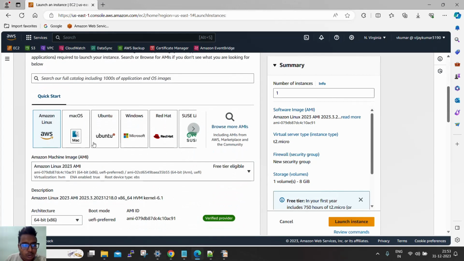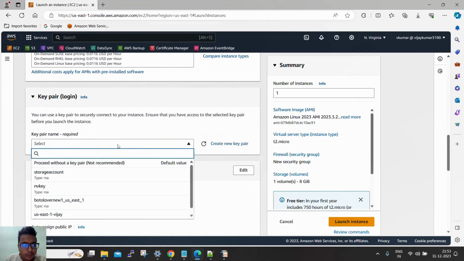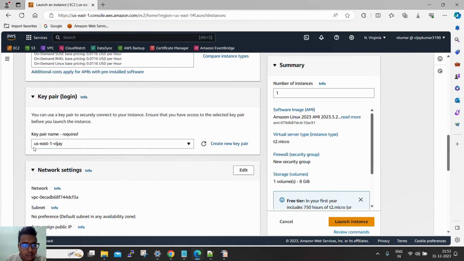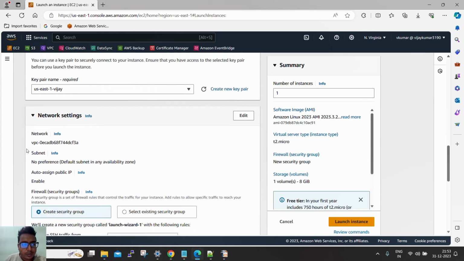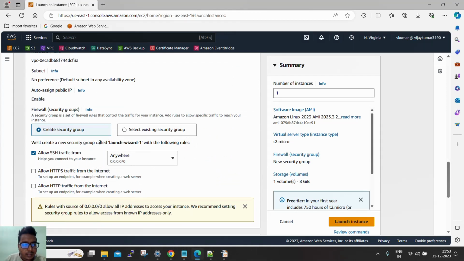and we will choose Amazon Linux 2, instance type T2 micro. Key pair, if you remember, we have generated this key in the before lecture. So now you can see we are not changing this. So here we will